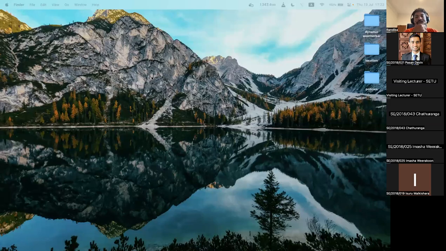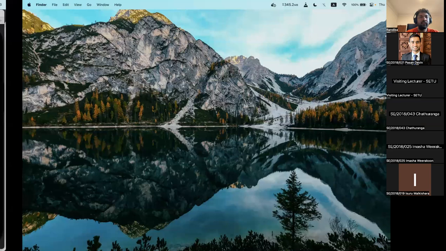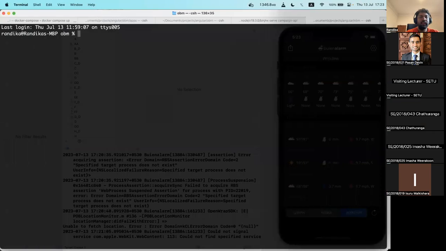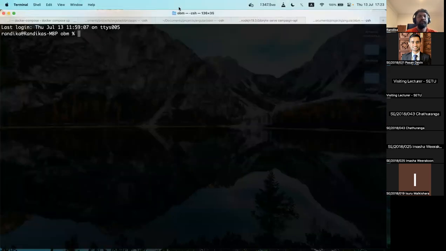Okay, so the basic things that we will need is actually to run this application. I will have a terminal turned on. Let me get my terminal to the other window. Okay, so to get started